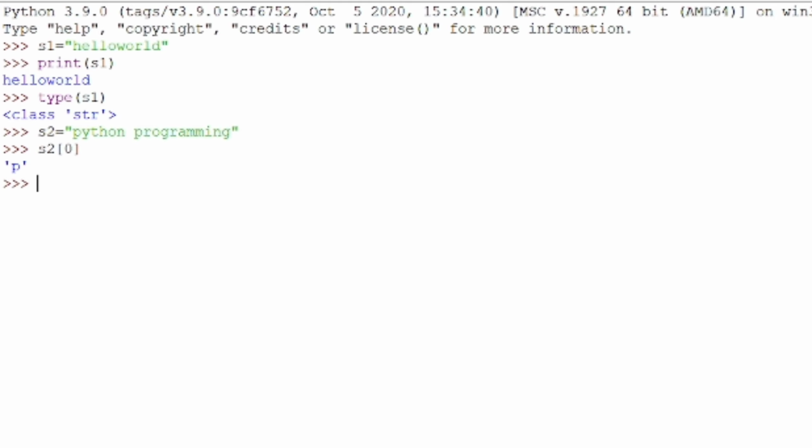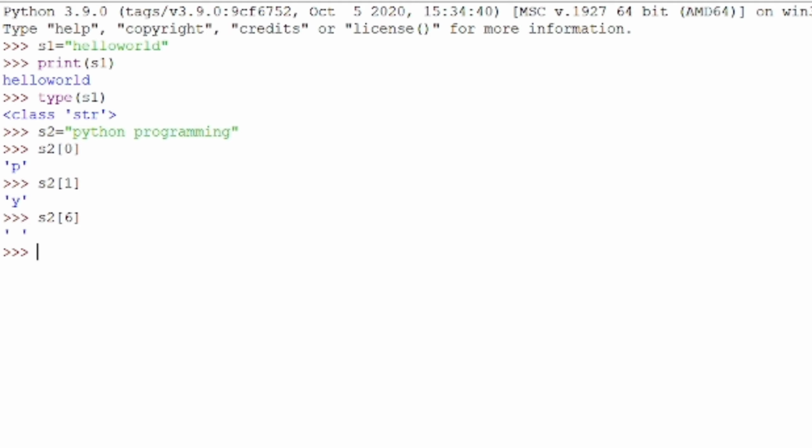And if you take s2 of 1, it will give you y. Even space is considered as a single character. For example, if you type s2 of 6, it is giving you space, because even space is taken as a character and it has a separate index.